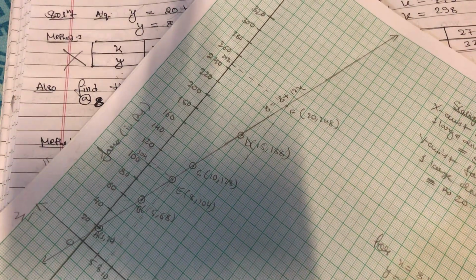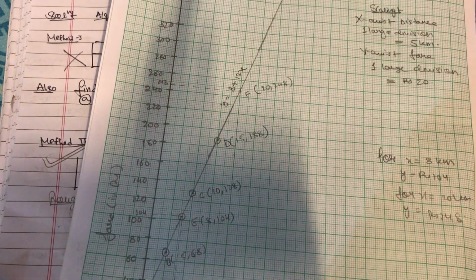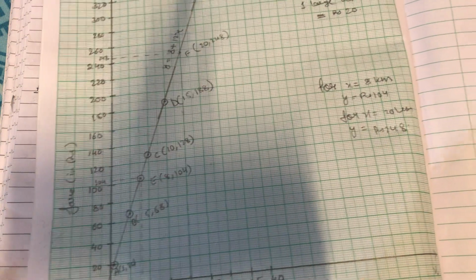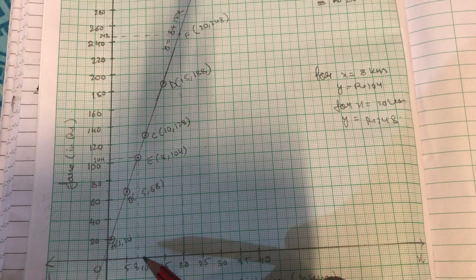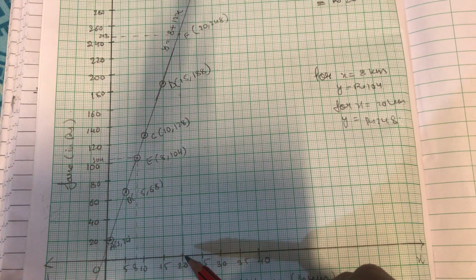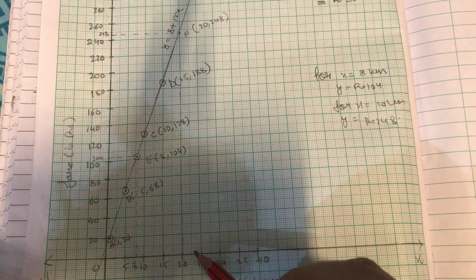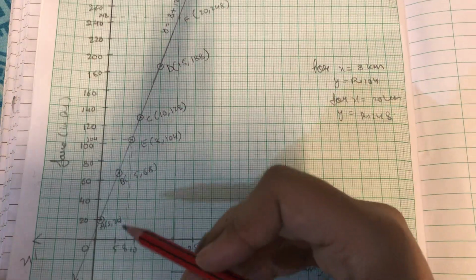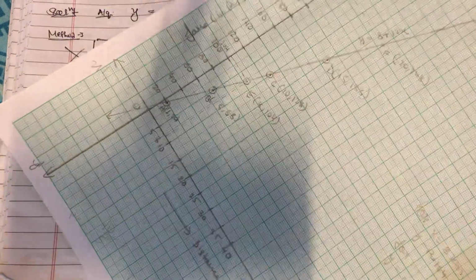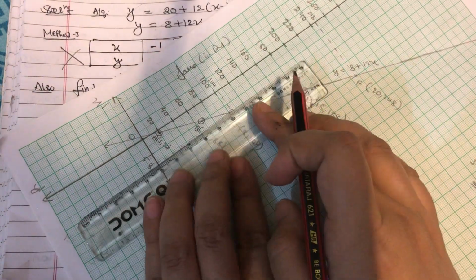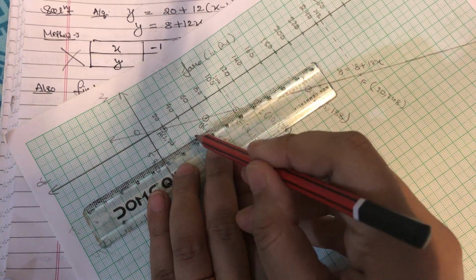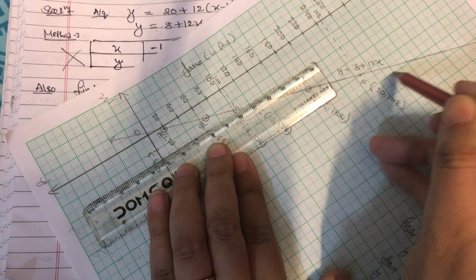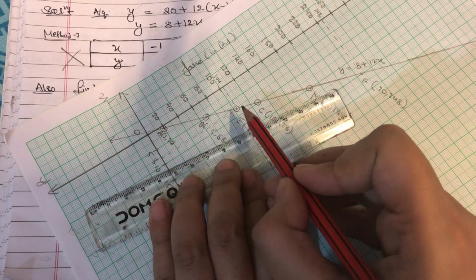So this is how I have joined it, and after joining it, I have to find graphically the value of the fare for 8 kilometers and 20 kilometers. Whenever we have to do that, from 8 I'll draw a perpendicular line, and that should be a dotted one, because this is not what we require, this is a virtual one. Let's see where it meets the line which we have drawn. So here it is meeting.